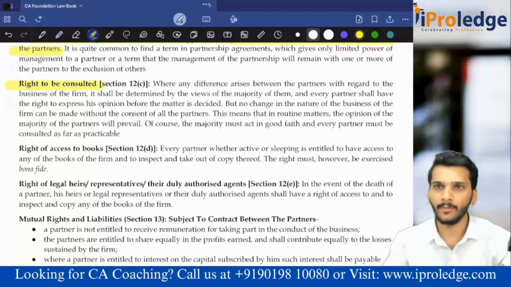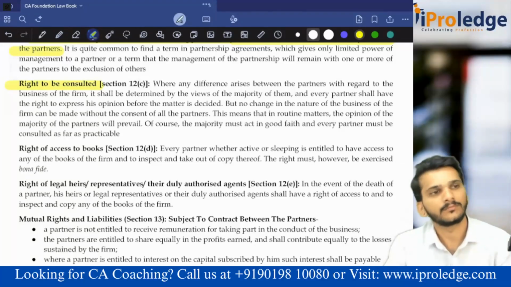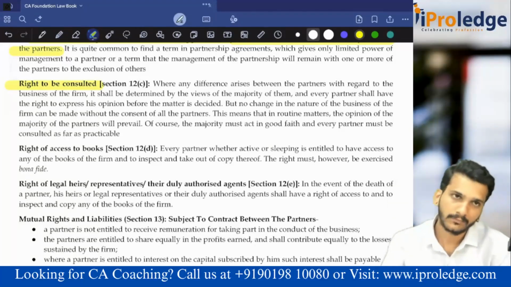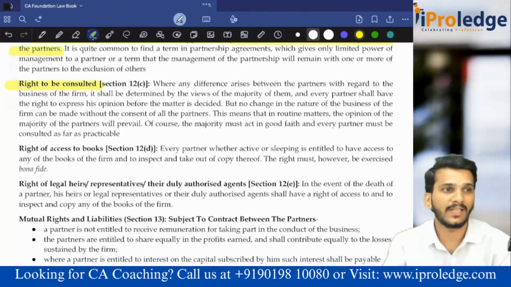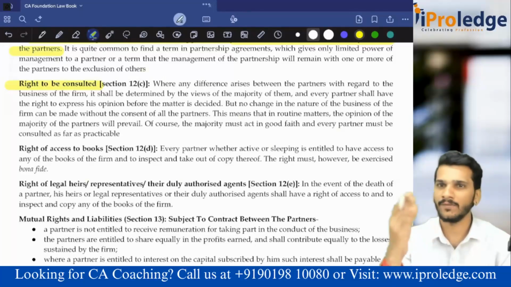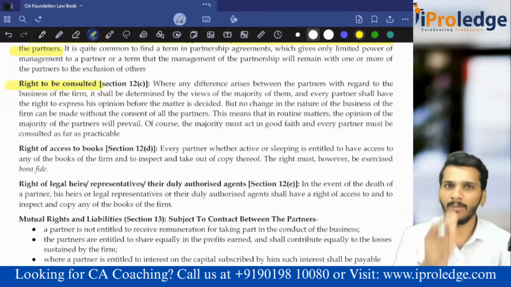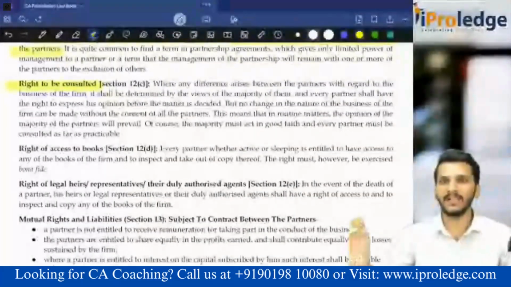It is like a democracy. So if they want to make any changes, they should ask the consent of all the partners. It is not consent. Consult. Consult means whenever you have a problem, you can ask the other partner also. Whenever you want to know how to conduct the business, whenever you have a doubt, then you can ask. See, just because I am in charge for purchase, you are in charge for sales, he is in charge for finances, it does not mean that we are acting independently.